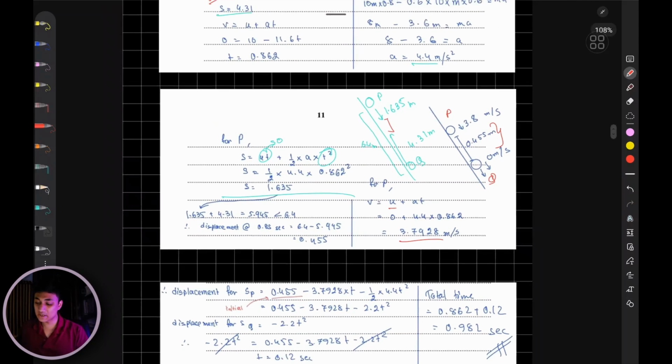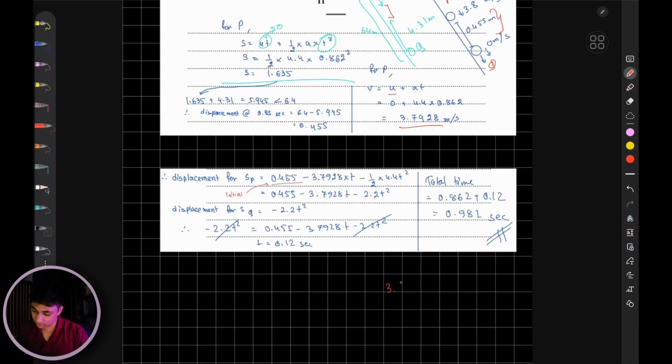Therefore, I can say that the relative velocity between both is always going to remain 3.8 meter per second. Because since both are accelerating at the same rate, they're gaining the same amount of velocity every second. Therefore, this difference between both the particles is going to remain always constant. Because this is the extra bit of velocity that P has in comparison to Q. Therefore, that distance that you see between P and Q is going to be covered up by this velocity 3.8 meter per second. So I can form an equation saying,